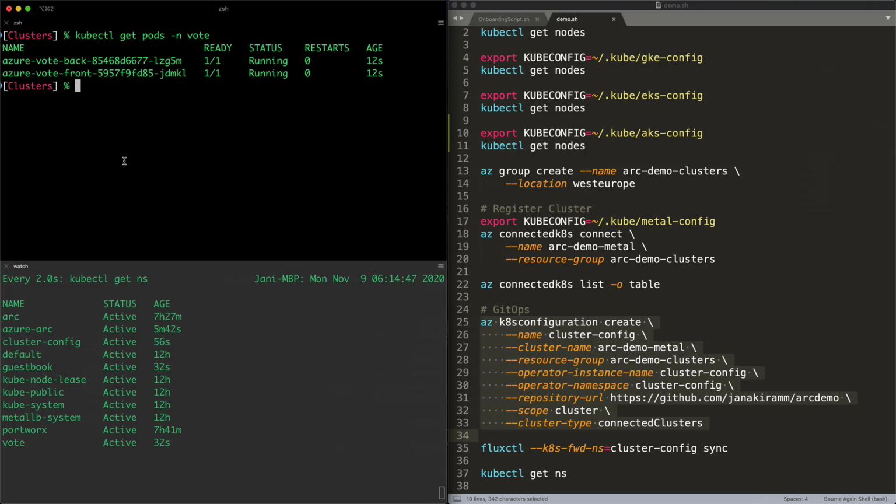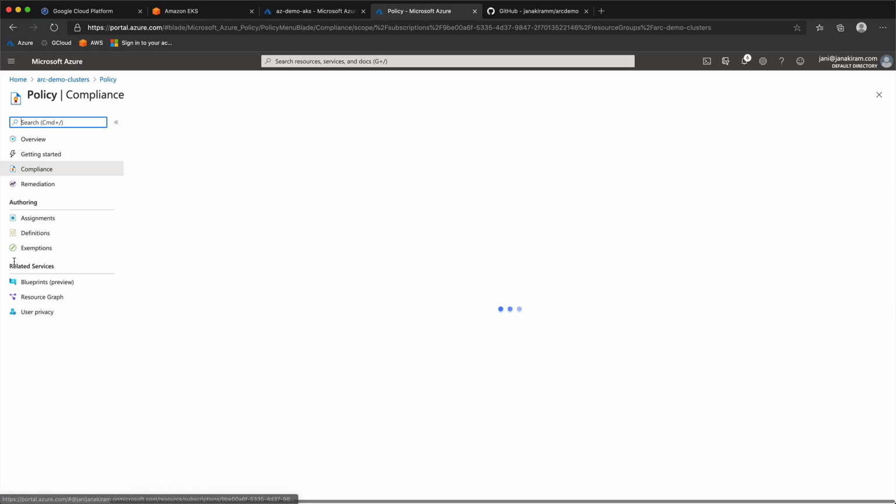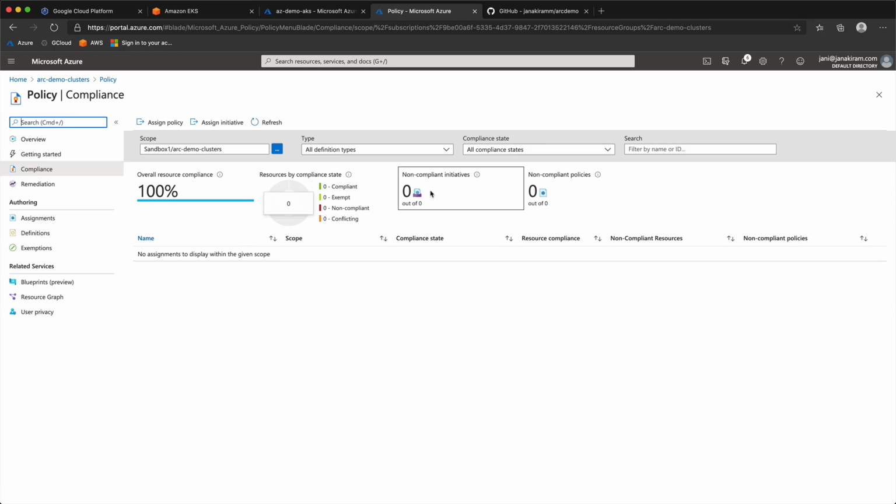Now that is the power of GitOps and doing this at scale with every registered cluster with Azure. So that is the second demo where we have registered Kubernetes clusters running in different environments and then used GitOps to roll out workloads and configuration at scale. Of course, when you come back to the portal, you can also apply policies. Now here, you can actually see that there are no policies, but just like Azure Arc for VMs, you can go ahead and assign a policy that is specific to Kubernetes clusters and even remediate them.